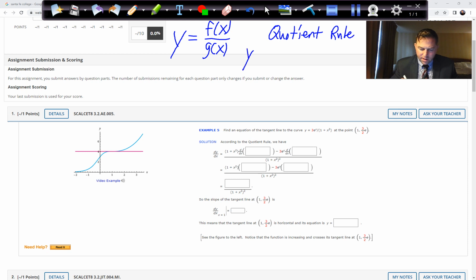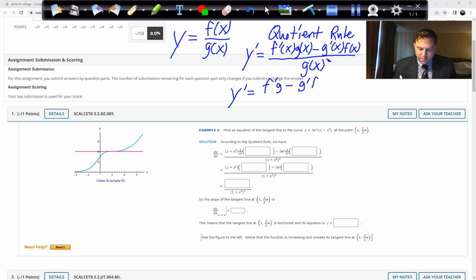says this: the derivative of this will be f prime of x times g of x minus g prime of x times f of x, all divided by g of x squared. So oftentimes what I'll call it is "f prime g minus g prime f over g squared." So we'll drop the of x part and just say you take the derivative of the top function times the bottom function minus the derivative of the bottom function times the top function